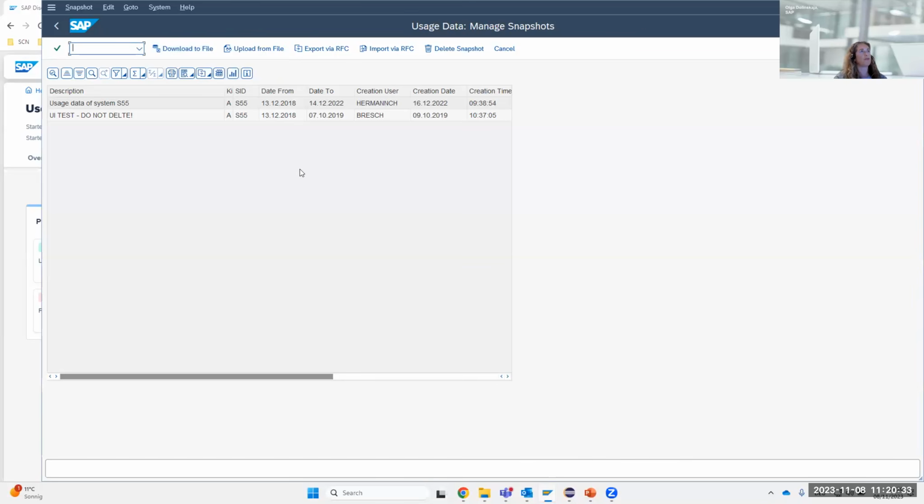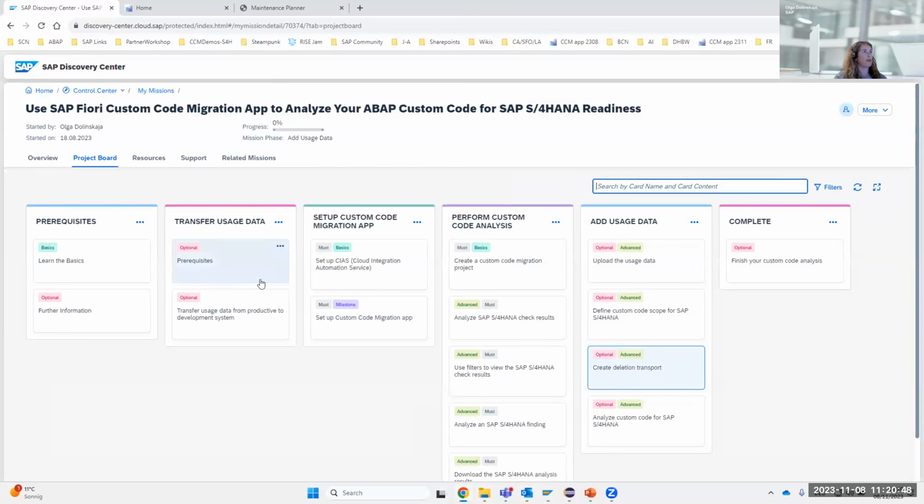Then if you turn over to the development system, you would upload this usage data from the file to the development system for analysis purposes. So this is what is described here in the transfer usage data part of the mission. After you have